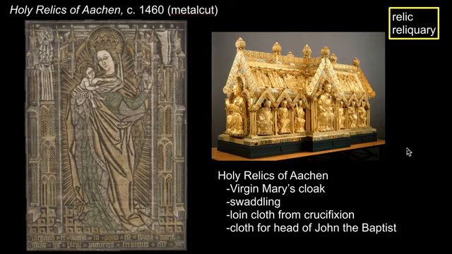Part of the pilgrimage economy is not just the lodging and food purchased in the pilgrimage towns, but also the souvenirs. This print in the collection of the Spencer Museum of Art at KU is a metal cut, a print that depicts the holy relics of Aachen, and could be purchased by a pilgrim as a souvenir and perhaps as a devotional or meditational device to meditate on the experience of seeing the relics and having an uplifting spiritual journey. So a rough equivalent to buying a shot glass or a keychain as a souvenir to remember a journey.